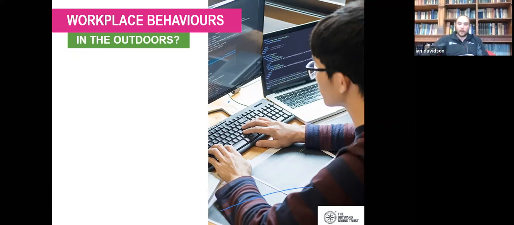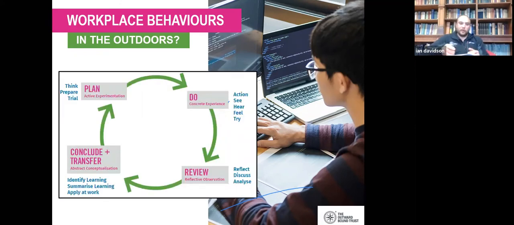We've been doing that for quite a while at Outward Bound, and in 1941 things started with a bit of just doing, a bit of concrete experience for people. Over time, we've added an awful lot into our learning process that is aimed at making the learning more deliberate and explicit rather than incidental and implicit.